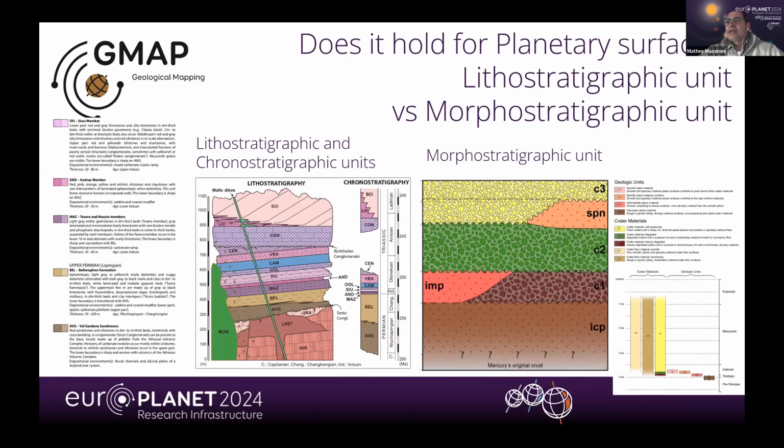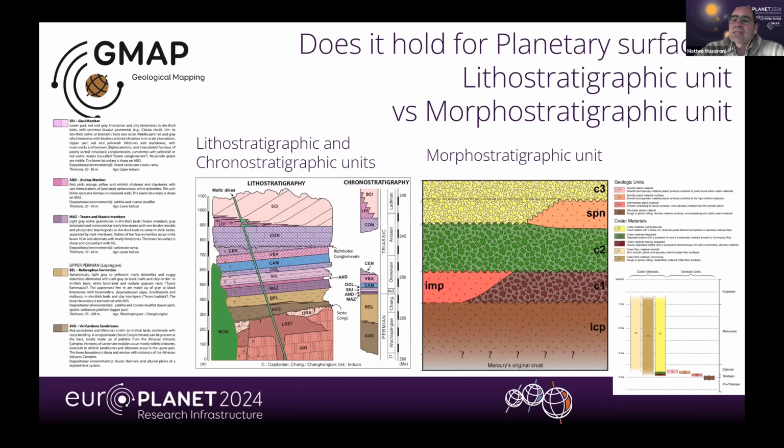We can use only photo interpretation units that are morphostratigraphic units, and they are quite good. We can do a lot even with the morphostratigraphic units, but in this case, the morphostratigraphic unit is defined by its morphology. So the texture, the reflection, the albedo, the roughness of the surface, and eventually, if we are able,